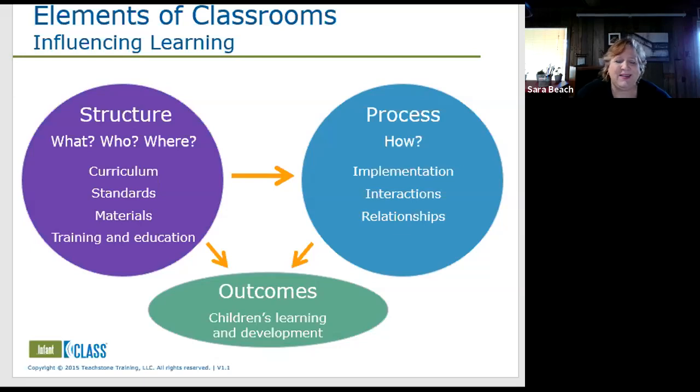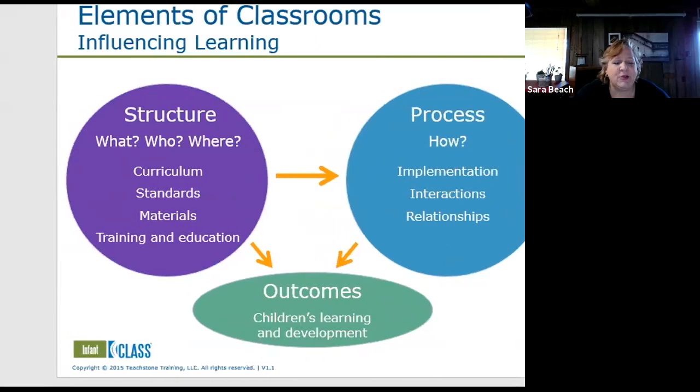Or you may see a program that's very poorly funded, that has very poor materials and their books are old and they don't have enough toys to go around, but they love on those babies. They love those kids and the kids are happy. So it's really focusing on what really matters, which is those relationships and interactions. So is everybody following that to start with? We all know what's most important there, right?